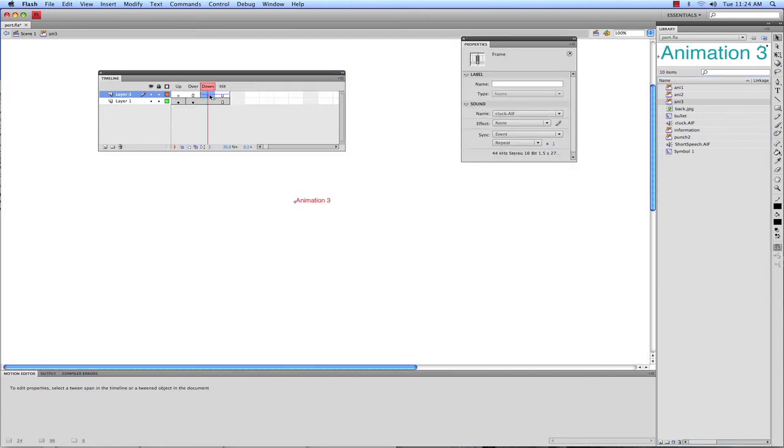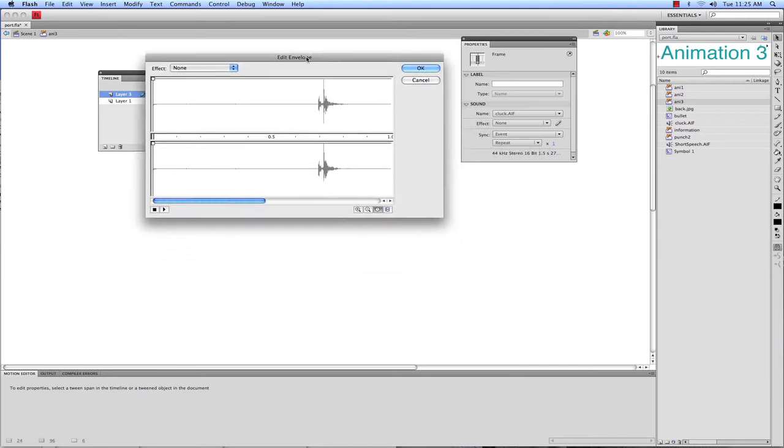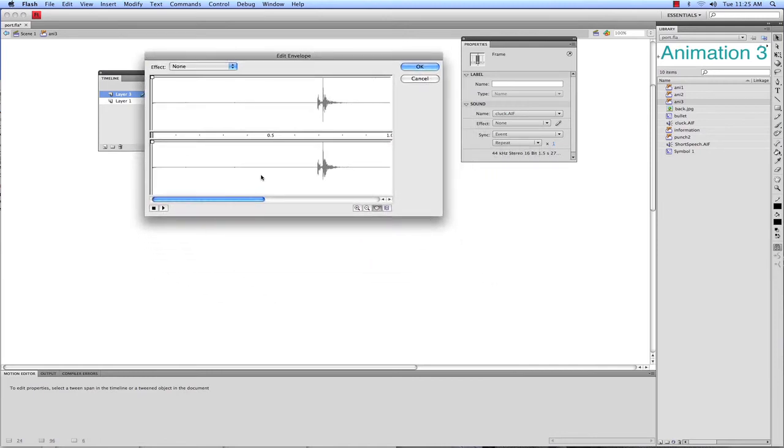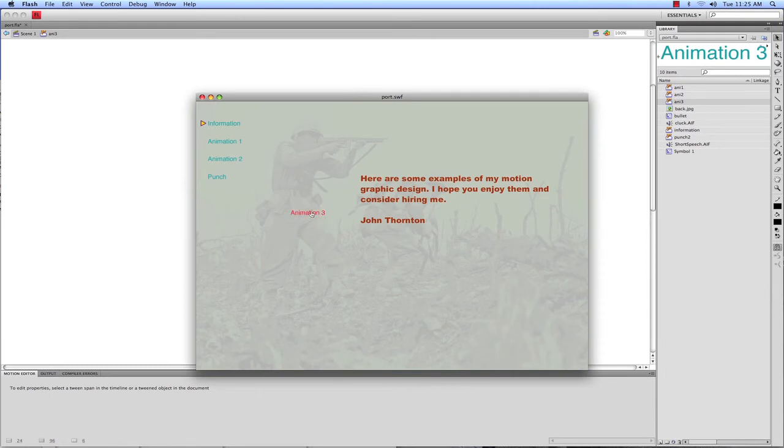We have our sound here, and you go to the property inspector and this little sound envelope pencil thing. What we want to do is use this edit envelope as a little sound editing program. We're going to take this little bottom thing on the left and move it over to where we want the sound to start. I can shrink this down if I want and also get rid of the stuff on the end of the sound. So now let's test this again. Now when I click this,